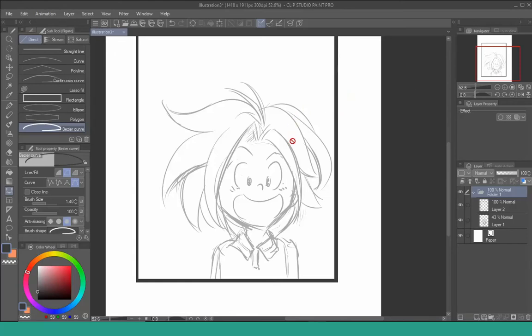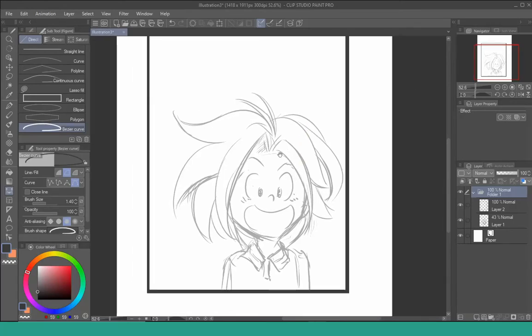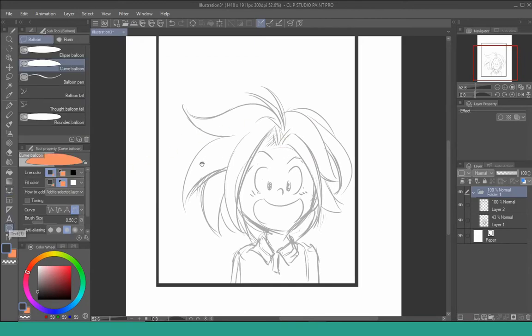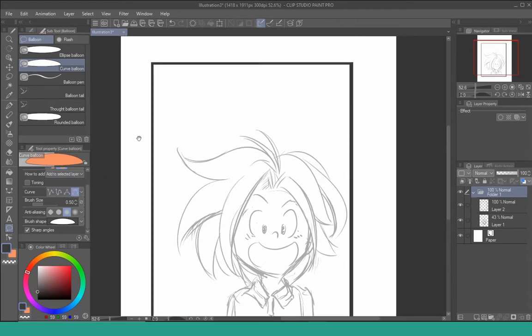Alright, and before we start, just to let you know, if you want to do this with the balloon tool, you can click it here, but you got to highlight this option. Where is it? Here. Create a new layer, because if you don't highlight that selection, what will actually happen is when you create a